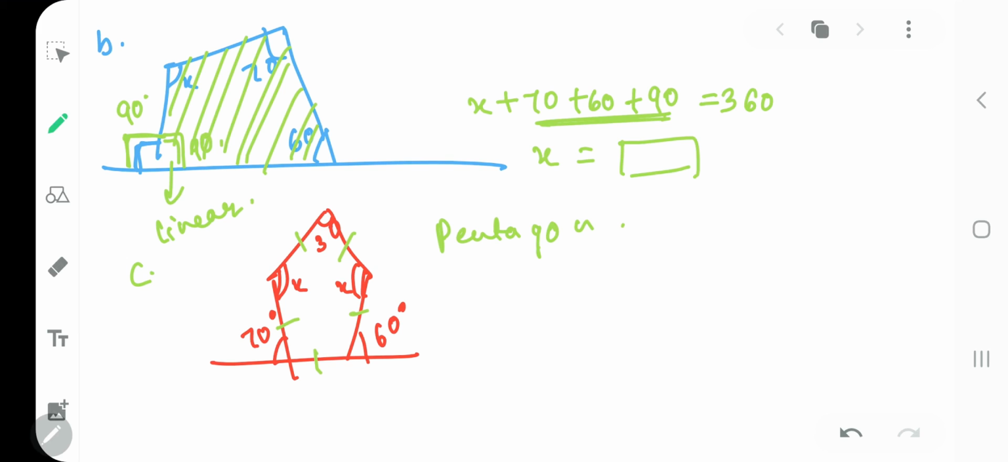So here we have, we'll keep it. If this is 70, my dear kids, this will be 110, linear pair. If this is 60, this will be 120, linear pair. And this is 30 given. Now for that, first you have to find the sum of angles of